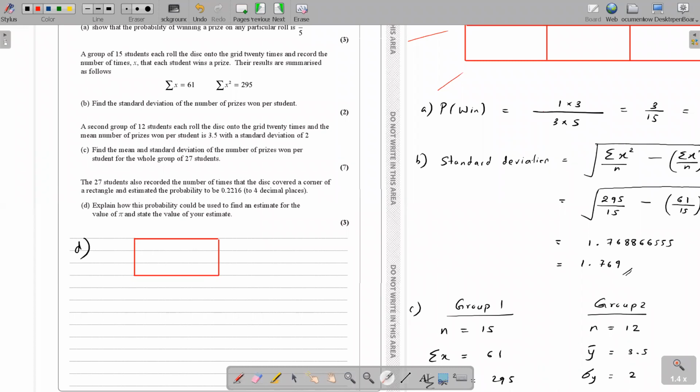Okay, children. So how can we cover the corner? Where should the center be? Now we have to again think where the center of the circle should be. The disc has the center. You have to think where this disc should land so that the corner is covered. Are you guys with me? So what I'll do is first I'll do the obvious one. I'll keep the circle corner here. Then definitely the whole thing is covered.